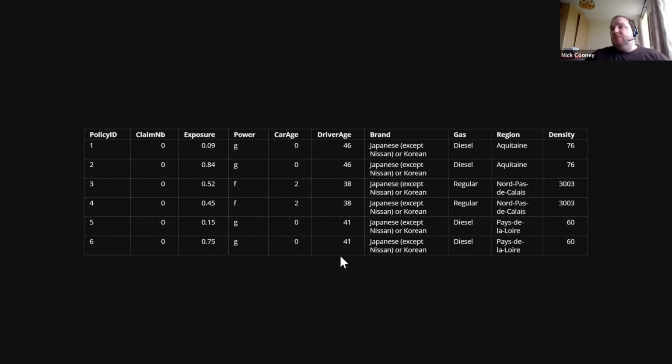The driver age: it's a well-known statistic that young male drivers in particular are quite high risk, simply because they're not necessarily skilled, they're overconfident, and they tend to drive too fast. Typically, and we will see this in the data, this is borne out. You'll see that the claim rate for young drivers is much higher than for older drivers. Although we don't have gender in here, and this was pre-